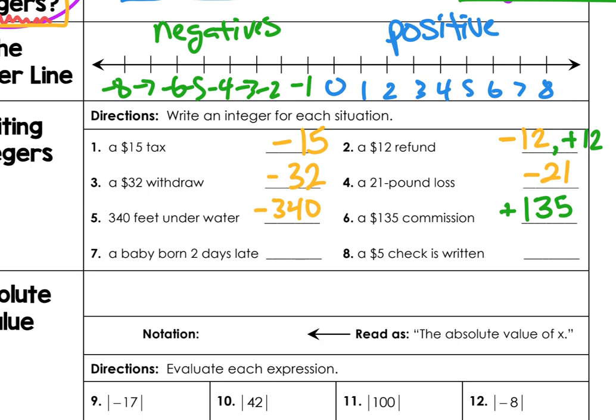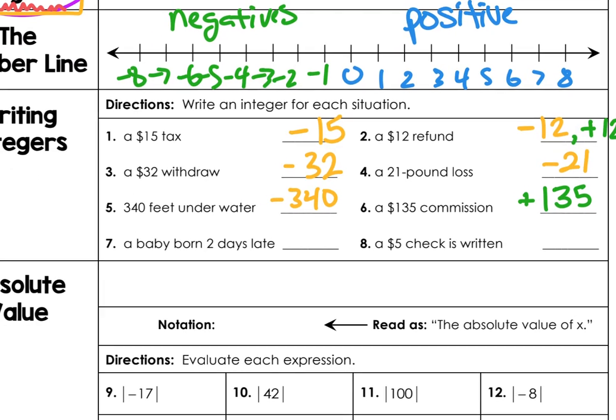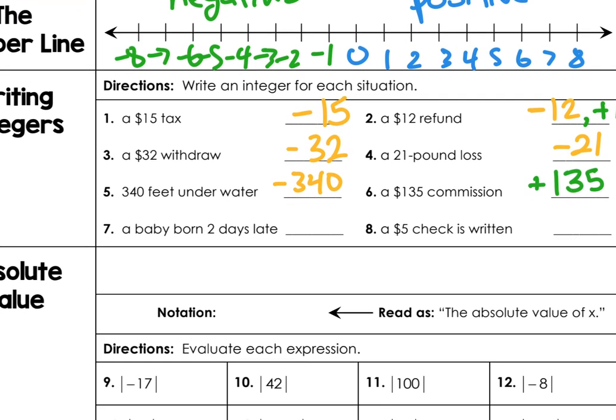Now, these last two are kind of weird. I think this is like +2 because I'm thinking like NASA, and I'm thinking, okay, launch happens at 0, and 1 minute before launch is -1, and 2 minutes before launch is -2, and so 1 minute after launch and 2 minutes after launch are positive. But if you were to tell me it's -2, I'm not going to argue with you, because this one is kind of weird-ish, right?